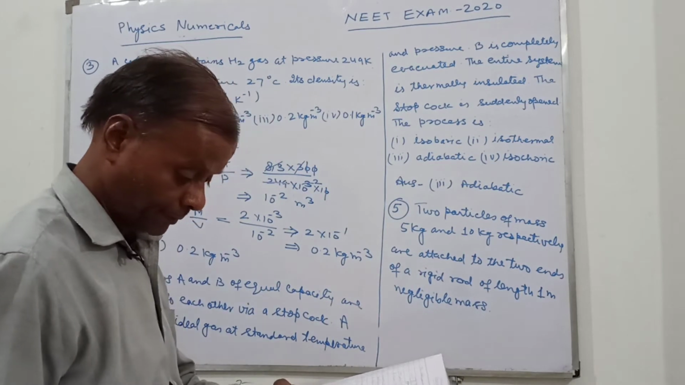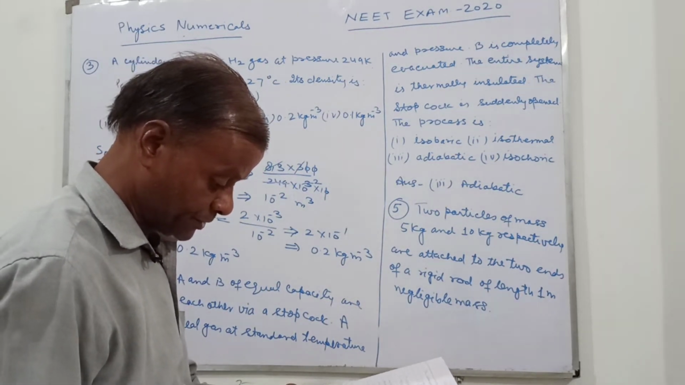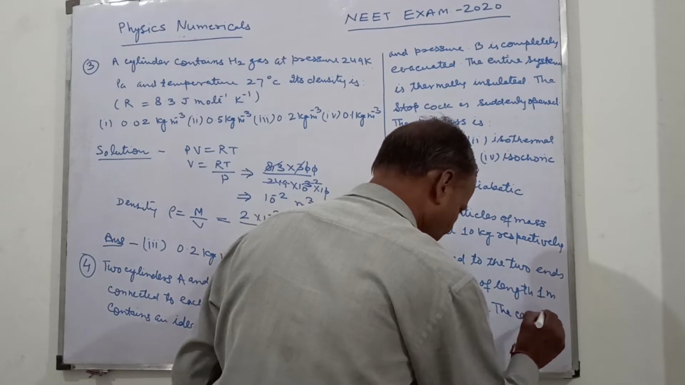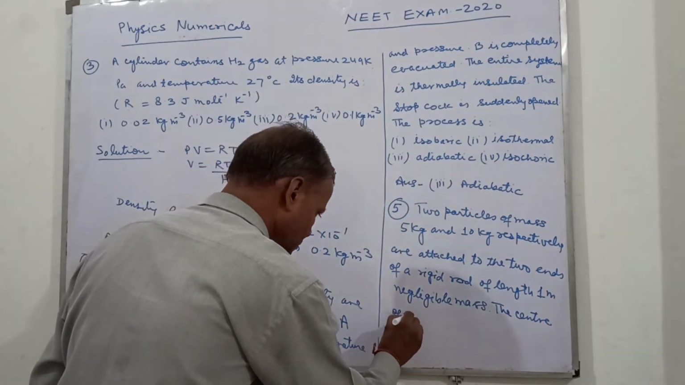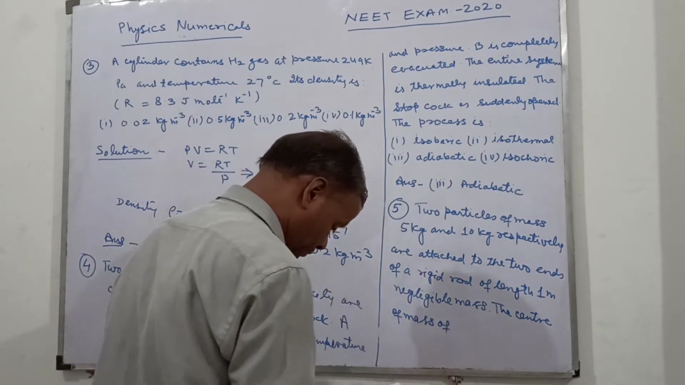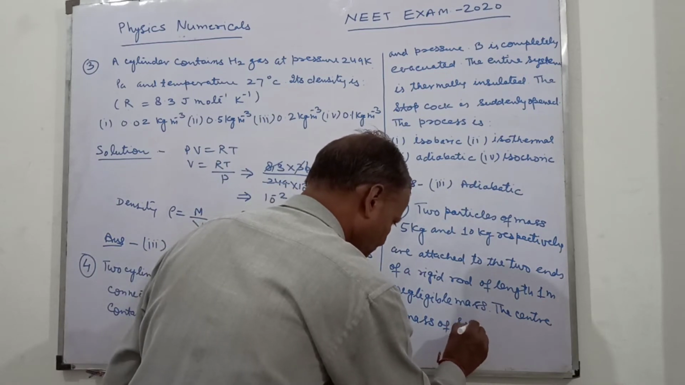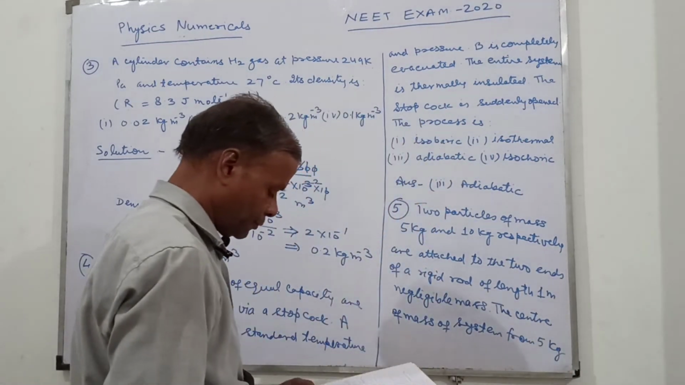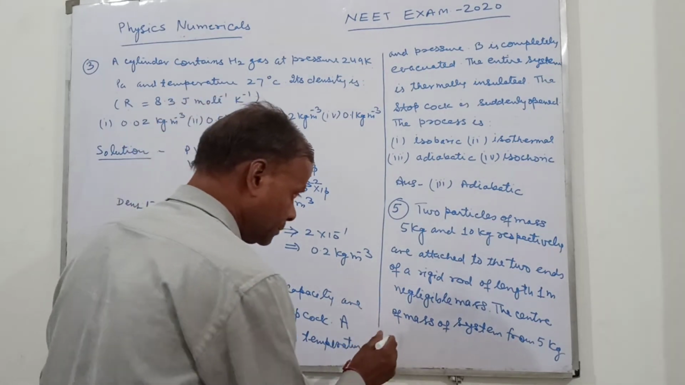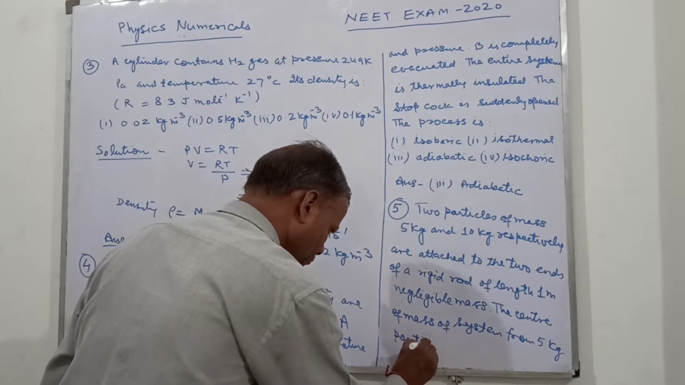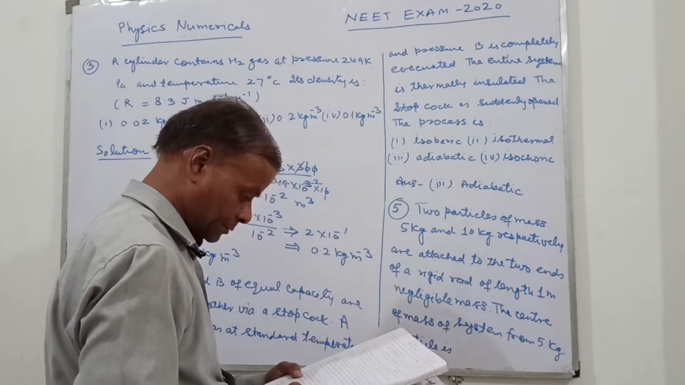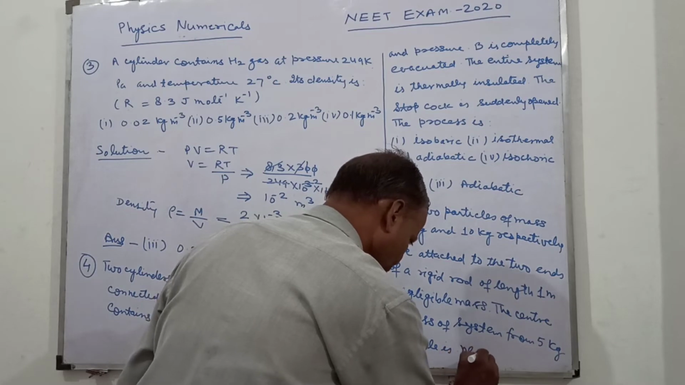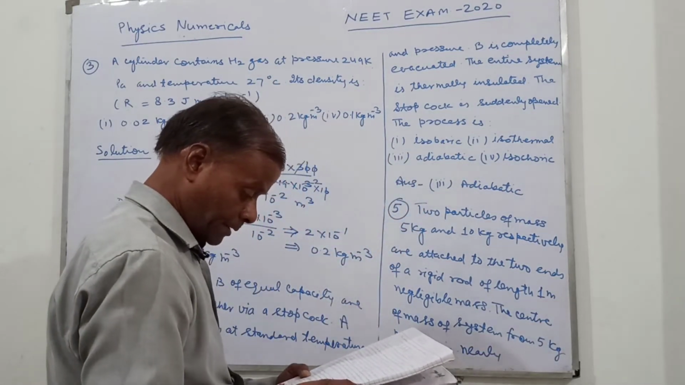Negligible mass. The center of mass of the system from the 5 kg particle is nearly at a distance of